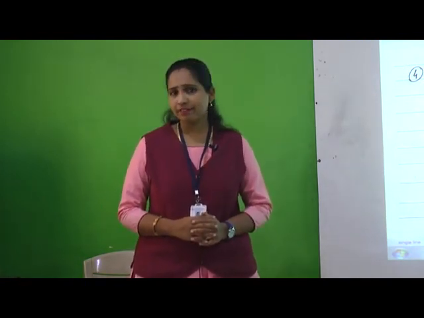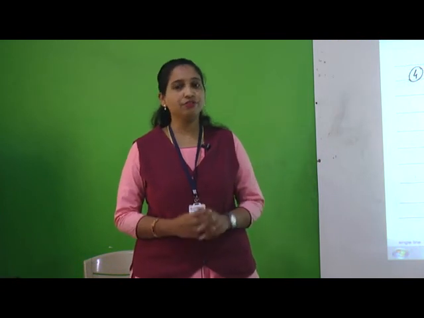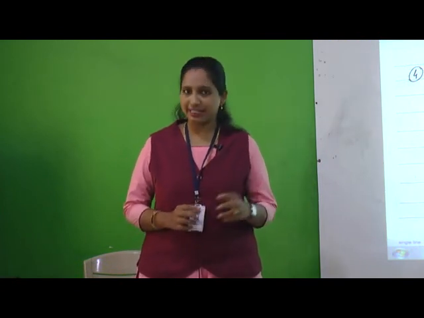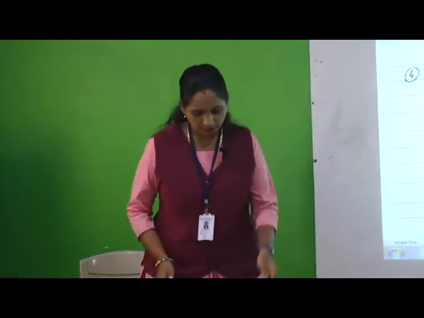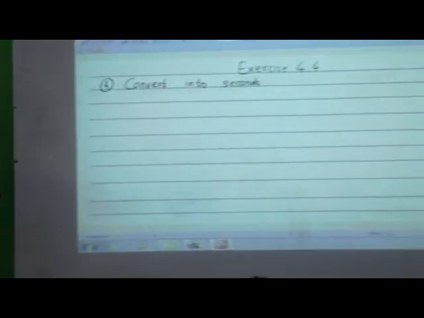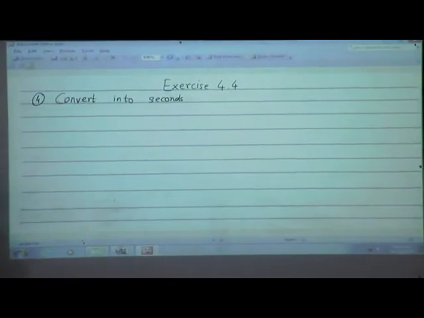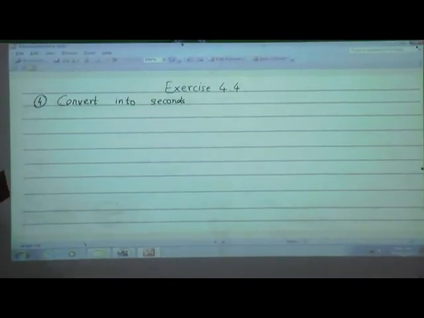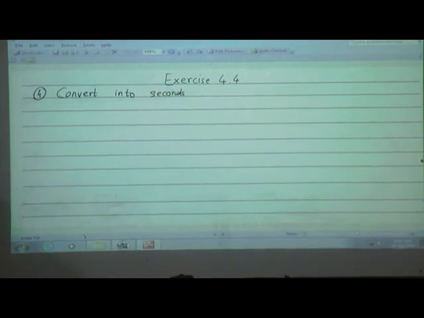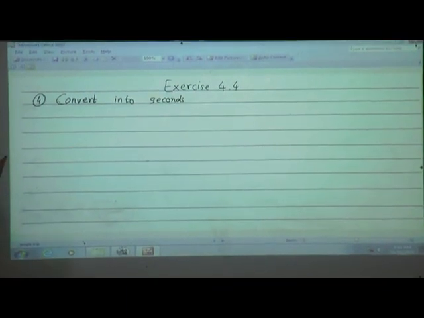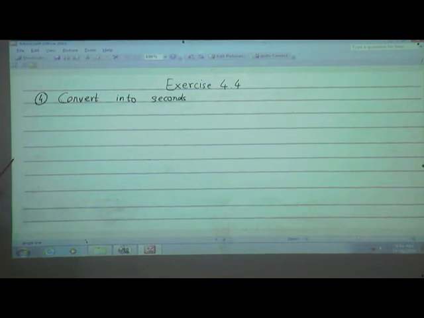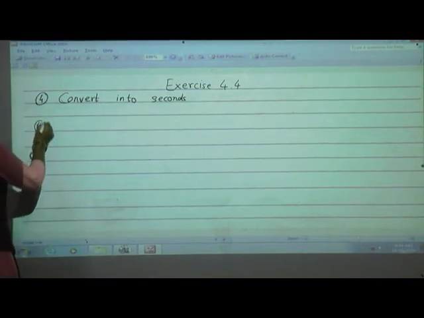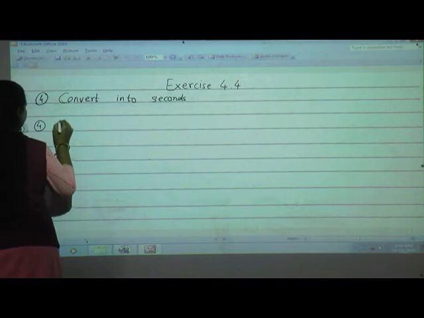We have solved in our last session exercise 4.4 fourth question 2 examples. Now we will solve the remaining examples. Now see what is the question. Convert into seconds. I hope you all have done the home assignment. I asked you to solve the remaining questions in the rough book. Now just cross check your answers along with me. Now fourth one I will solve for you. See the fourth question. 1 minute